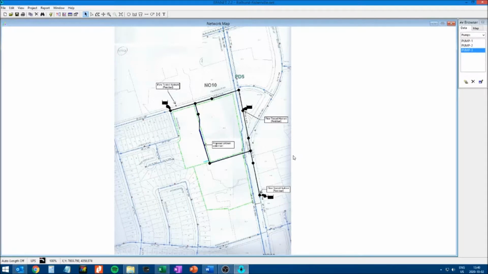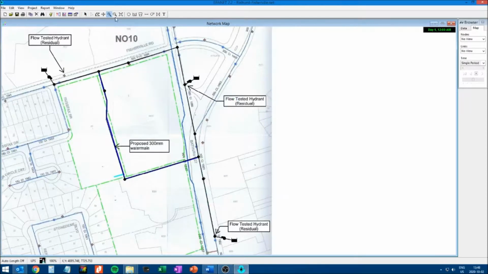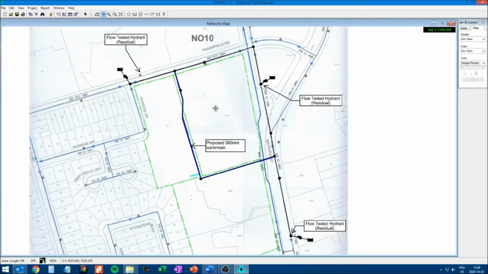All right, so now we have the node set up, the pipes, the boundary pressures, and the last thing to do is to set the demands. So the model is basically built. We're going to zoom in so it's a little bit bigger on the screen. So the next thing, and basically the last thing to do, is to set the demands. What we are doing here is we are modeling this proposed water main, which will have 2 fire hydrants, and